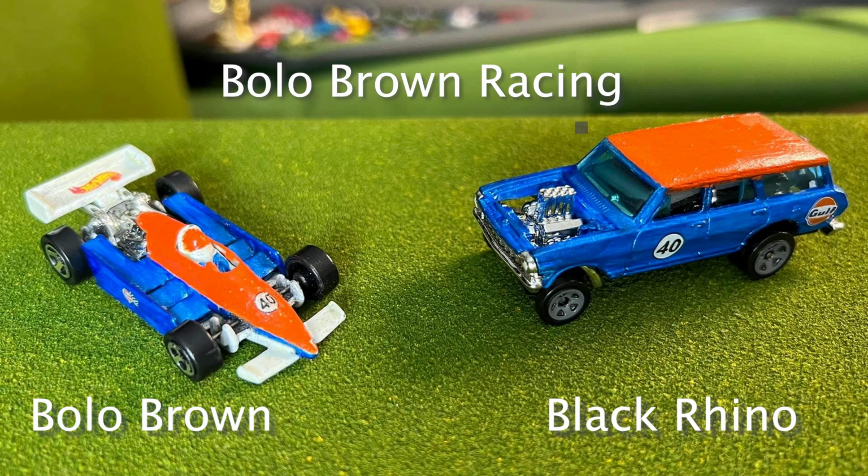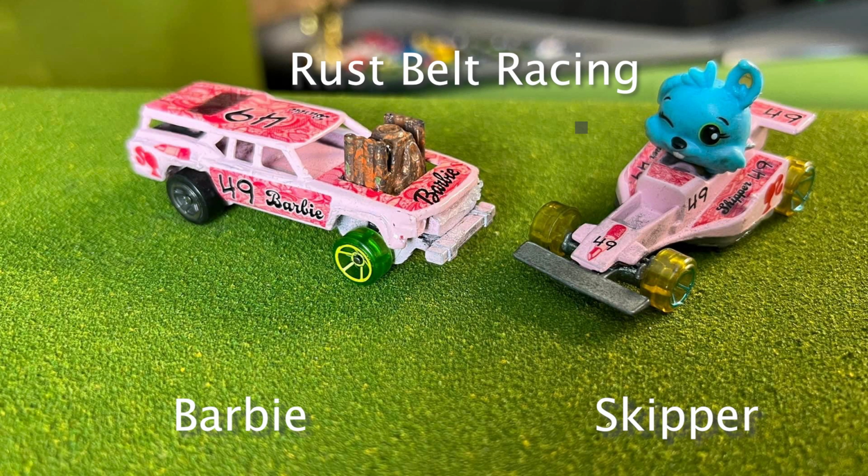This is Numbskull Racing. Next up, we got Bolo Brown racing with Bolo Brown in the F1 car and Black Rhino in that jacked up station wagon. Next up, we got Rust Belt racing with...